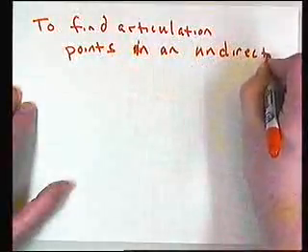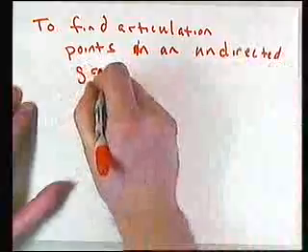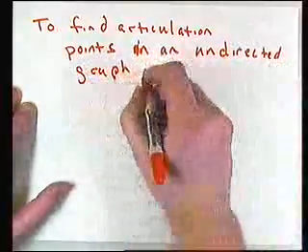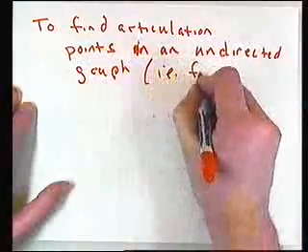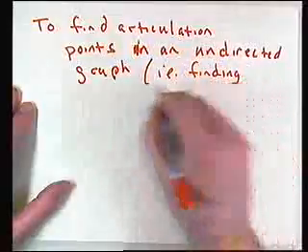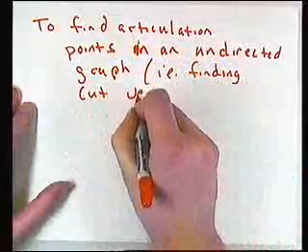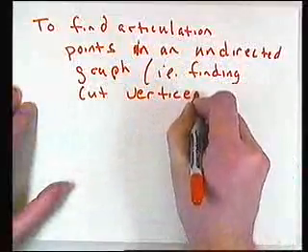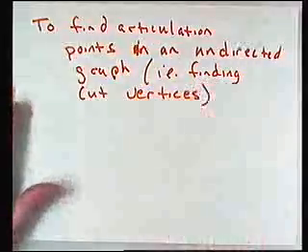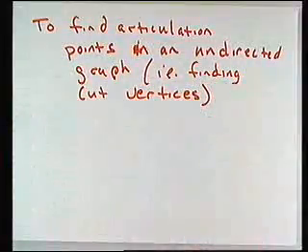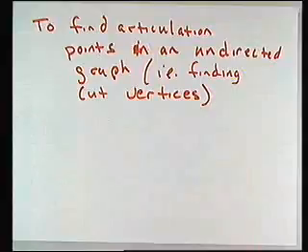To find cut vertices in an undirected graph. I think the book's proof, I think, that it all works uses the term cut vertices extensively. I tend to use articulation points. That's how I first learned it. So I'm trying to switch between the terminology. So to do that,